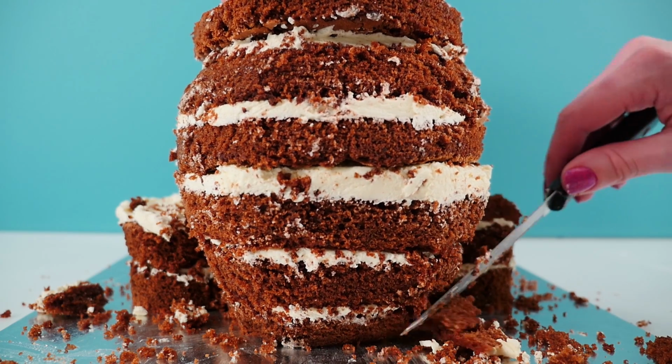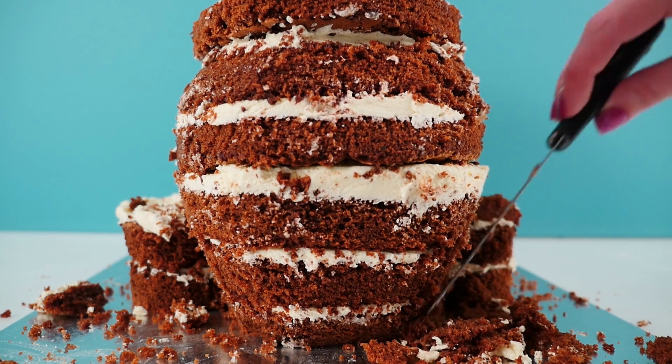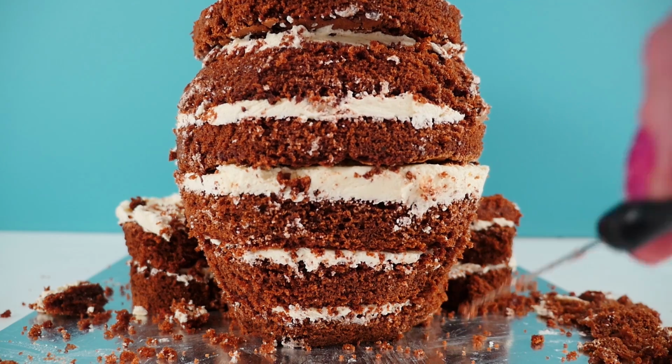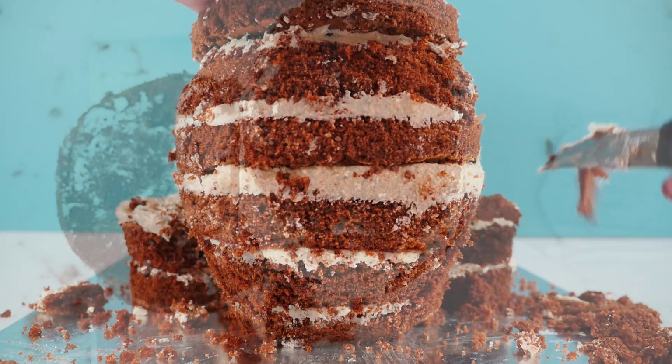Because I made the cake template for you for each layer, roughly the right size and shape, that really simplifies this carving process. So you're not just starting with a block of cake, you can actually see roughly where you need to go. The only bit that actually requires you to do a little bit of carving is the face,